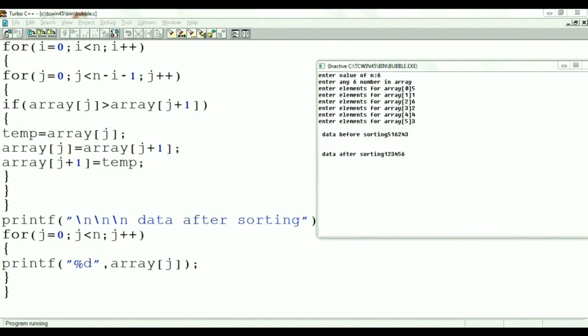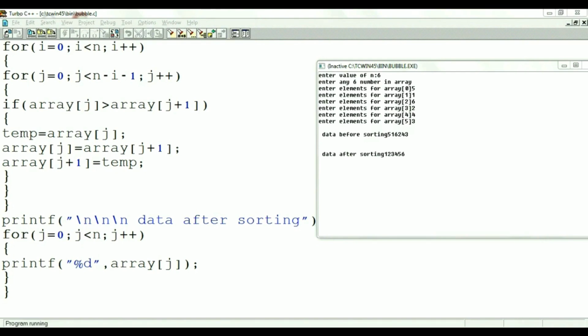Then the value of j is incremented. 3 less than 4, yes, this test condition is true. So the if block has array of 3 greater than array of 4. Yes, 6 greater than 3. The condition is true, so the if block is executed.